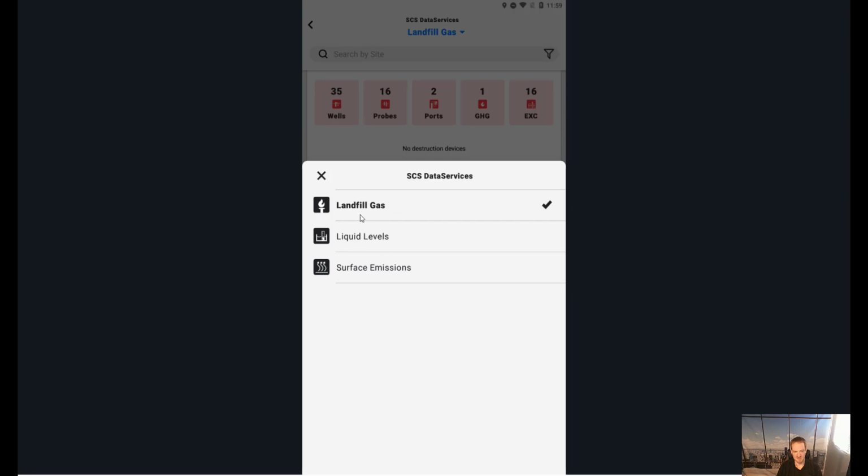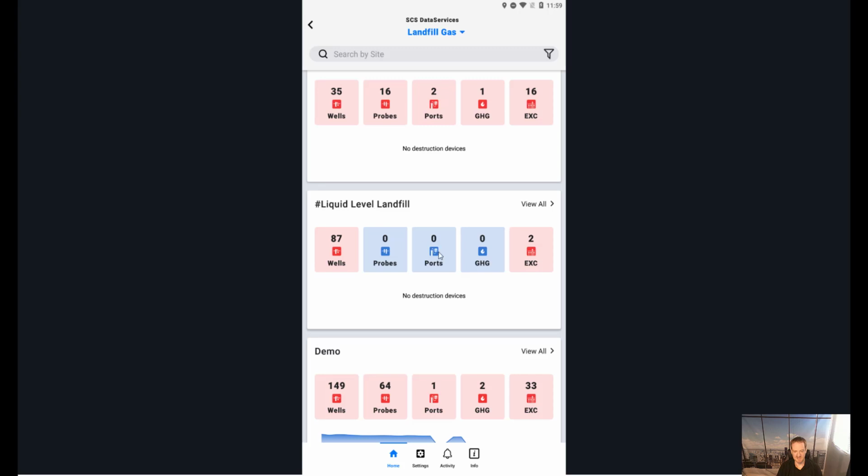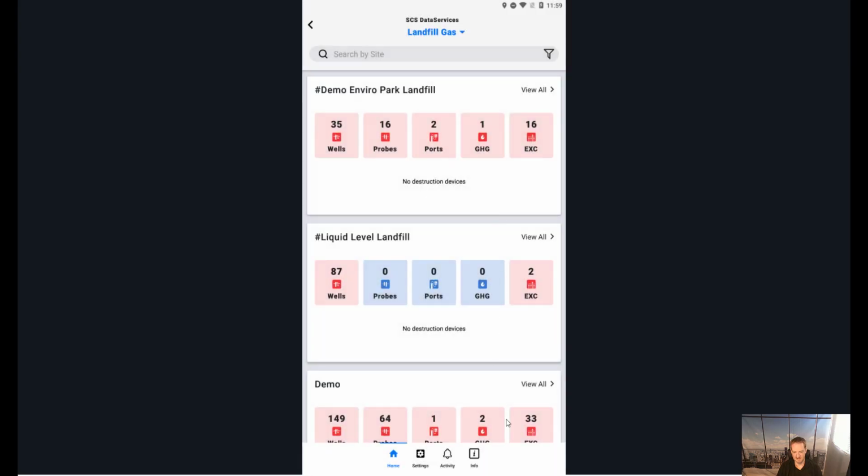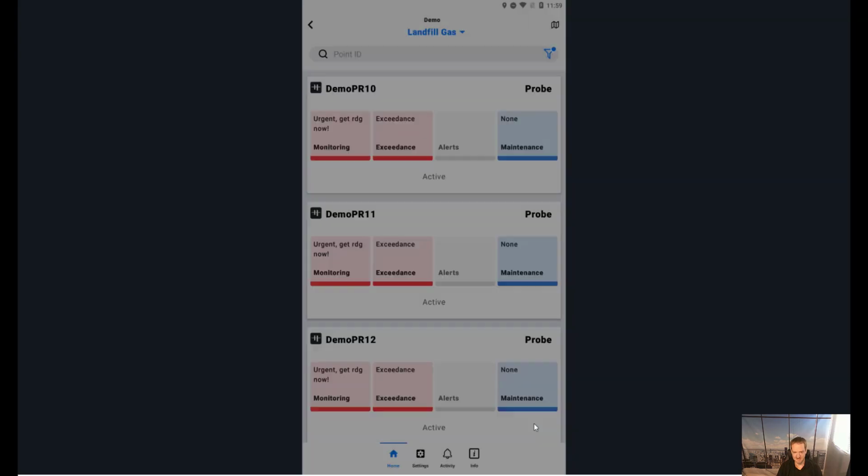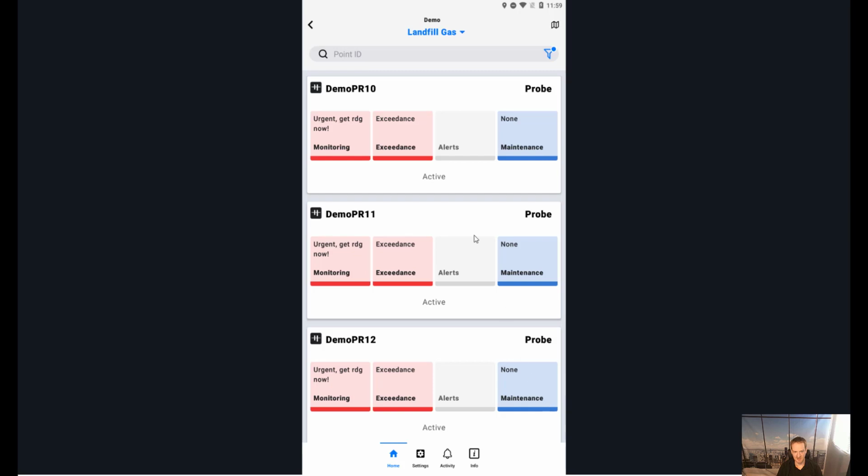I'll go ahead and keep this on landfill gas here. Mention of the exceedances, these are all shortcuts here. So we can go ahead and select the exceedance, and this will actually show you all the ones that are currently in exceedance. So you'll see here on the screen, the ones that are exceedances will be red and show that they're